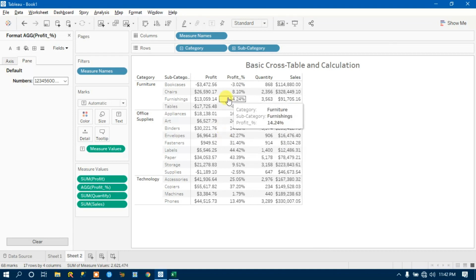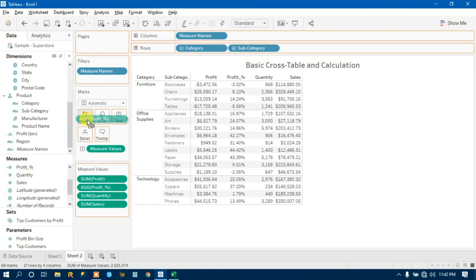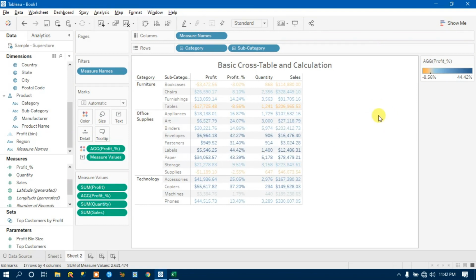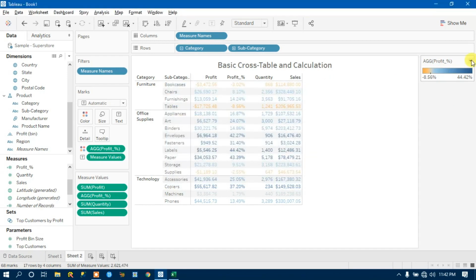This is how we can create a correct calculation in Tableau, right? This is the correct percentage that I have derived. Let's say there are negative numbers. What you can do is simply drag this profit percentage to color. It will color from negative to positive. I think this is not the correct color. What I can do is double click on it, or go to this drop down